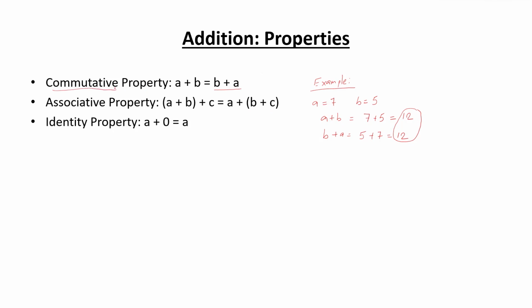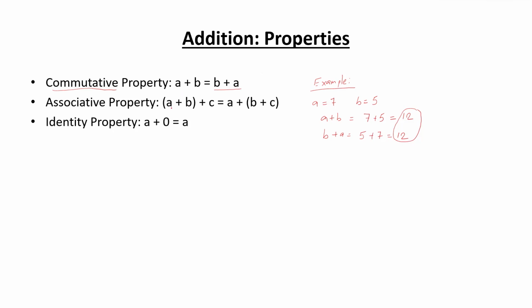You don't need to remember this name, but this is a famous property which the addition operation generally holds. If you are going to study maths in higher education, this commutativity and associativity, people use very frequently when they work on sets or abstract structures. But for you, you don't need to go into any abstraction. You just have to remember that addition is commutative. That means whether you add two numbers like 1 plus 2 or 2 plus 1, both are the same thing. So order does not matter.